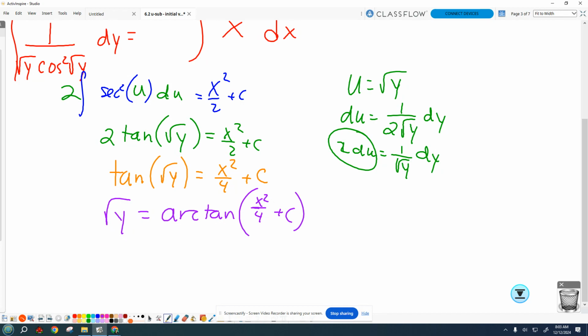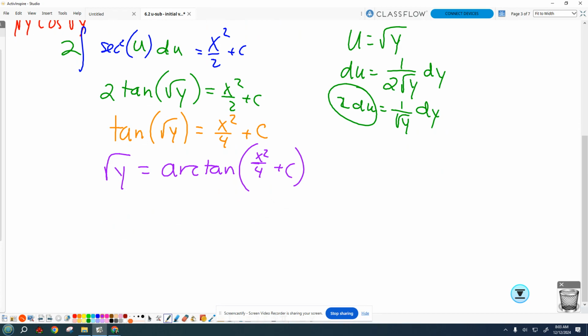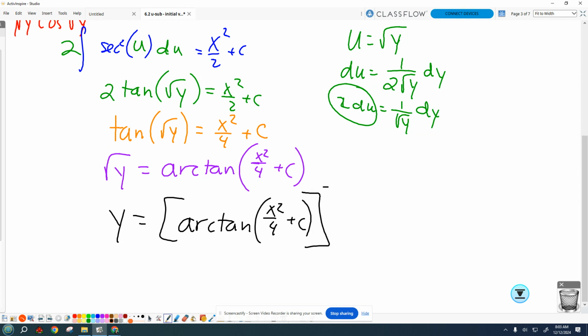Oh my goodness, so I still don't have y by itself. This is completely weird. But there. Gross. And in real life, when you're modeling equations,